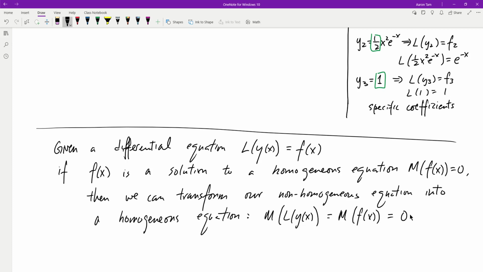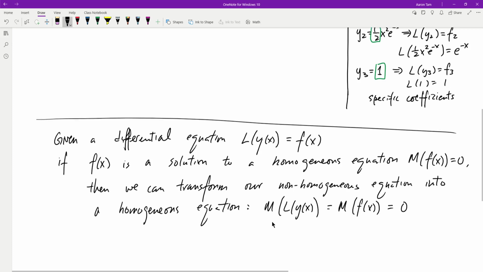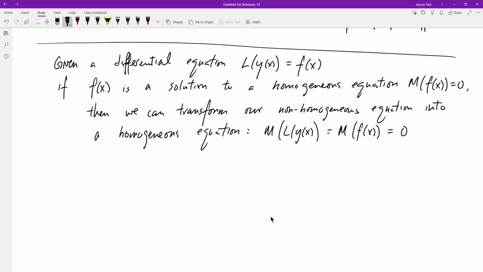Now, of course, the problem is that doing so doesn't give us the same answer. But it does give you the following. This method works because if I now look at the equation m of f of x equal to 0, or m of L of y of x equal to 0, that equation, because it's homogeneous, will give us a homogeneous solution, which is easier to find than a non-homogeneous